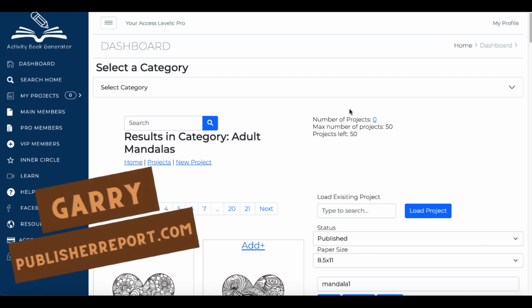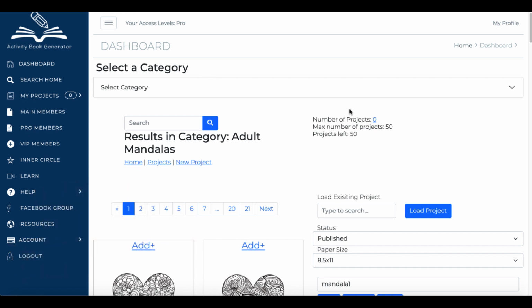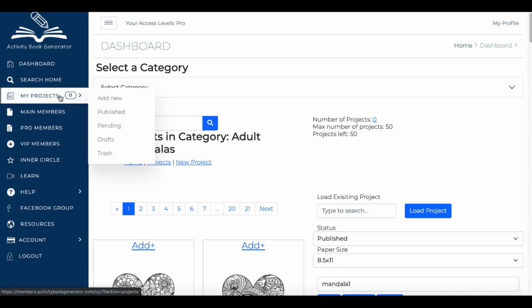I want to show you inside of a product called Activity Book Generator. I'd mentioned this in a video where I said I'd do a complete walkthrough. Well, I'm going to show you what you can do inside of Activity Book Generator and what it's all about. And we're going to start here inside the dashboard under My Projects, and we're just going to jump in, and